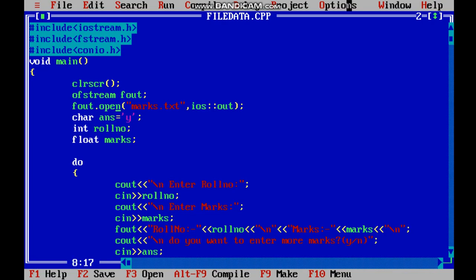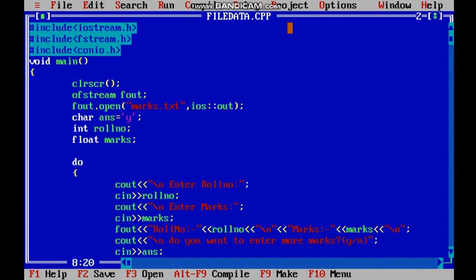Then over here I have written ofstream and the variable name, or the name I have given to that file stream. This is because we want to give the output to the file which we are going to create. Now in the second line I have used the stream name and then the dot open function.